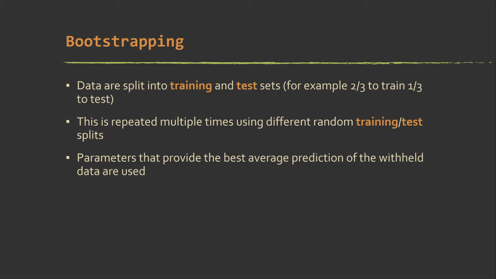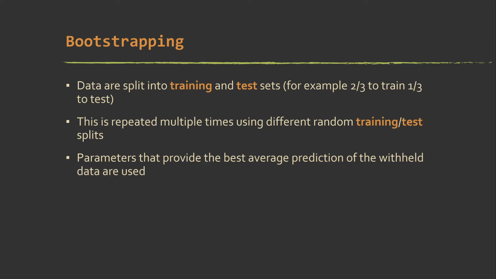Okay, and then the last option is bootstrapping. So basically how bootstrapping works is it's random sampling with replacement. So say you're going to use 10 bootstrap samples. You have your samples like a bag of marbles, shake them up, pull out 2/3, train on that, take the other 1/3, assess on that, then run it again, throw all your marbles back in, shake it up, pull out another 2/3, assess on 1/3.